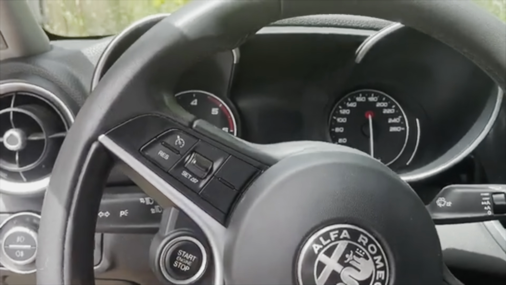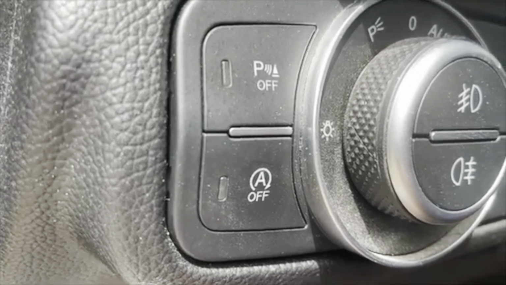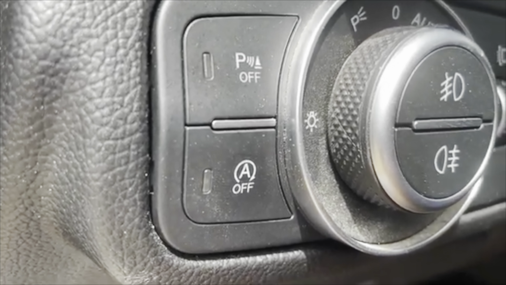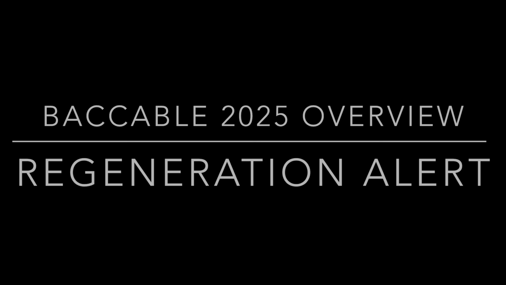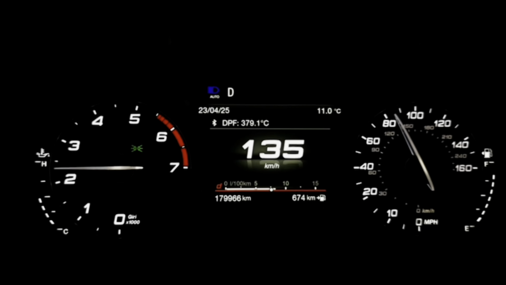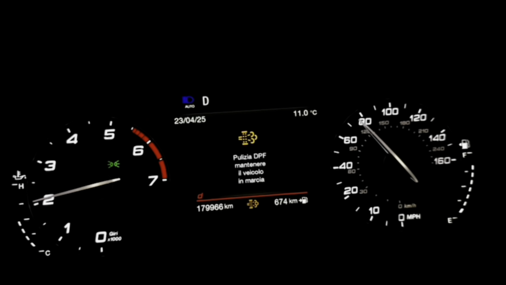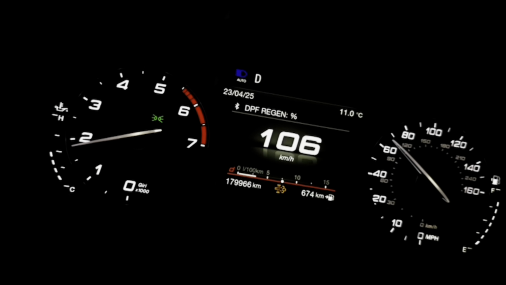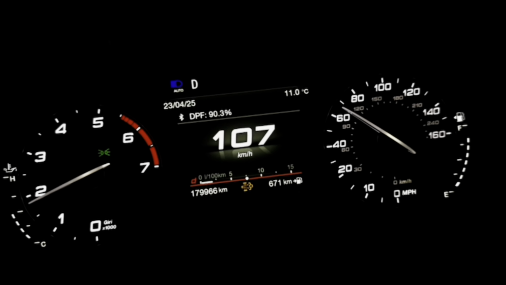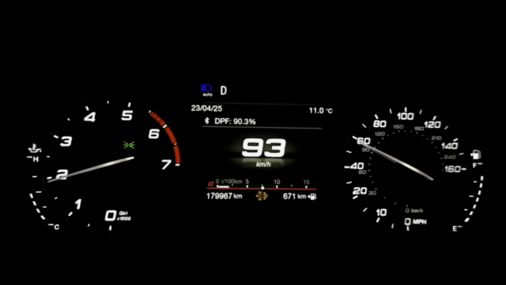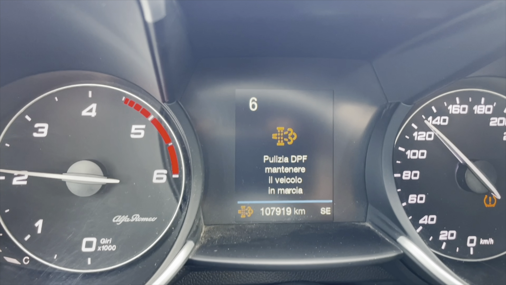The Start and Stop Disabler function automatically deactivates the start and stop function of the vehicle each time the engine is turned on. The Regeneration Alert function, which can be activated from the Setup menu, produces an acoustic warning when the regeneration is about to start, and it displays a warning on the dashboard using the appropriate regeneration icon. In the Show Params menu, there is a parameter dedicated to showing the type of regeneration currently in progress.